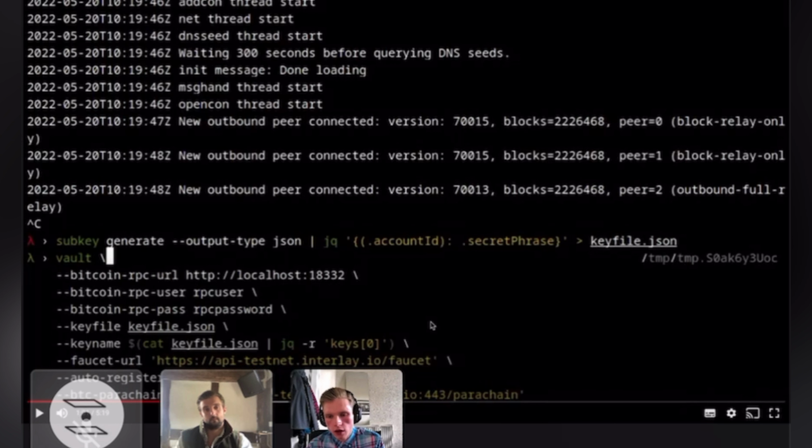We do require that the Vault client is speaking to a full node, both on the Bitcoin side and the parachain side. An interesting thing to note here is that we are looking into ways to get rid of the Bitcoin Core node requirement, implementing what we want to call a Vault-lite client, and this may look a few different ways. The ideal is to utilize something like Electrum instead of Bitcoin Core. We can use that for managing the wallet side of things and importing and exporting keys. But that obviously is a work in progress and won't be something we'll release